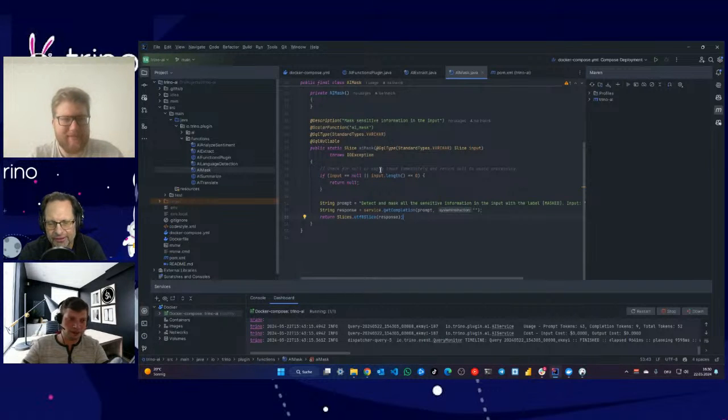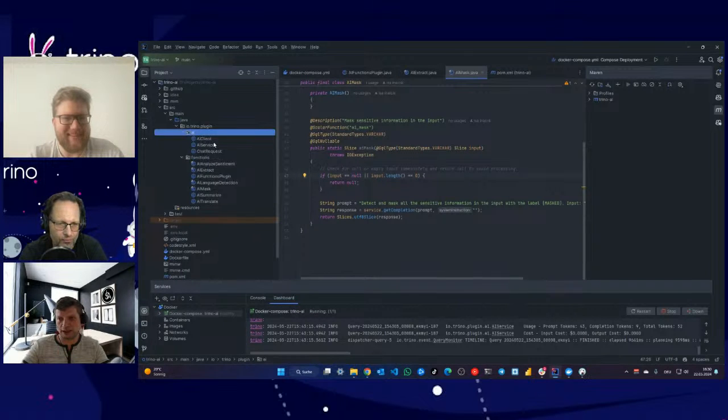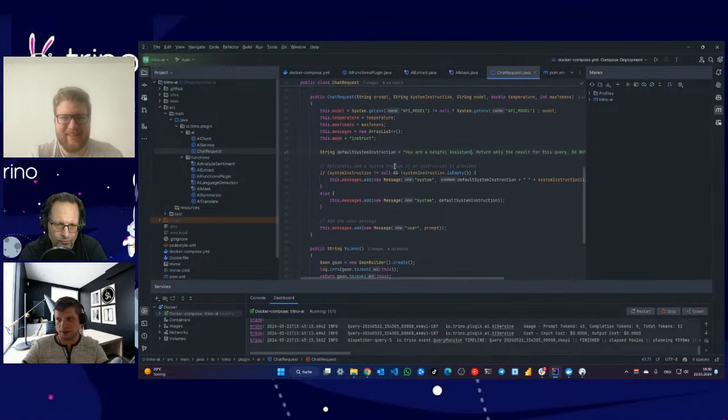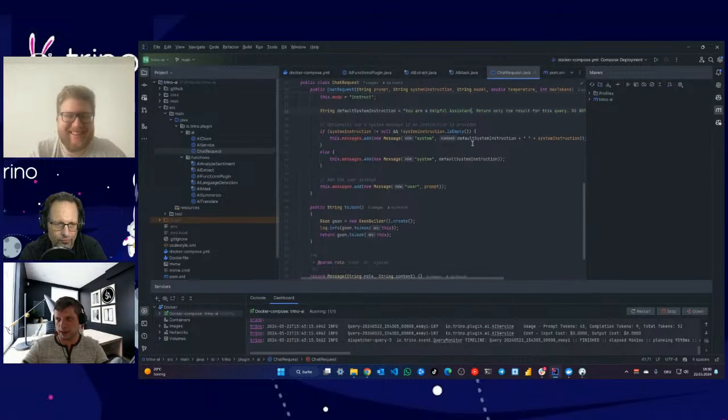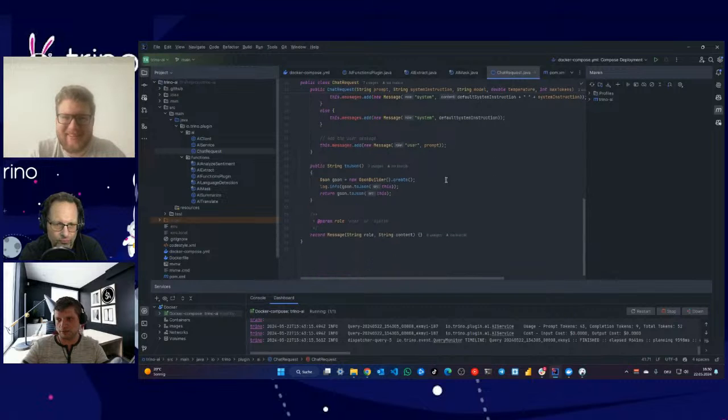So yeah, exactly. Literally, we have some helper functions here, like the AI service or chat request, where you can define the system instruction, add some custom instruction, or like